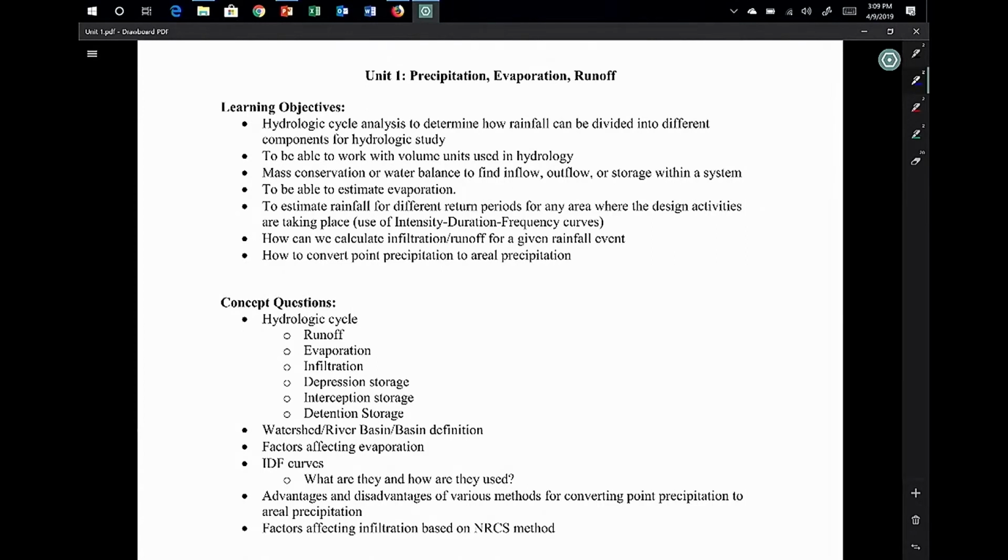And you will see a list of concept questions. As I go along, I'll identify them. You will be responsible for these concept questions, and you will know the answer to these as we finish Unit 1, to all of these concept questions, basically. So let's start